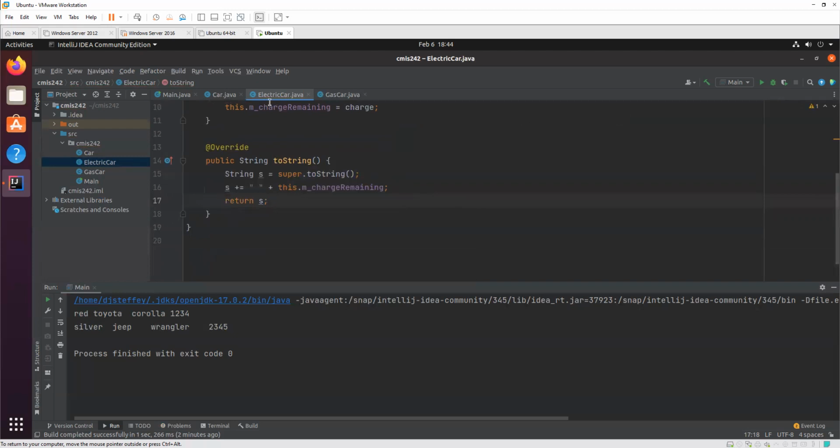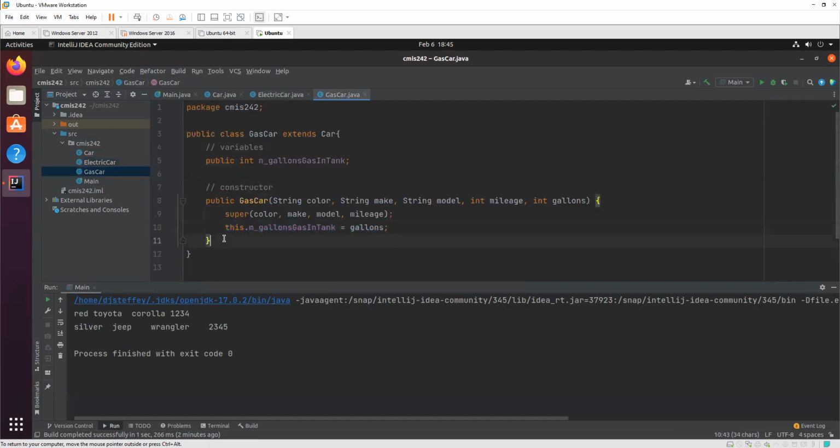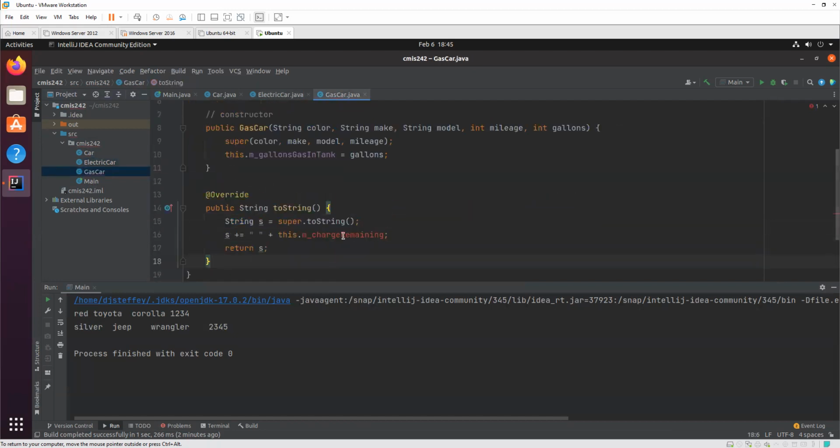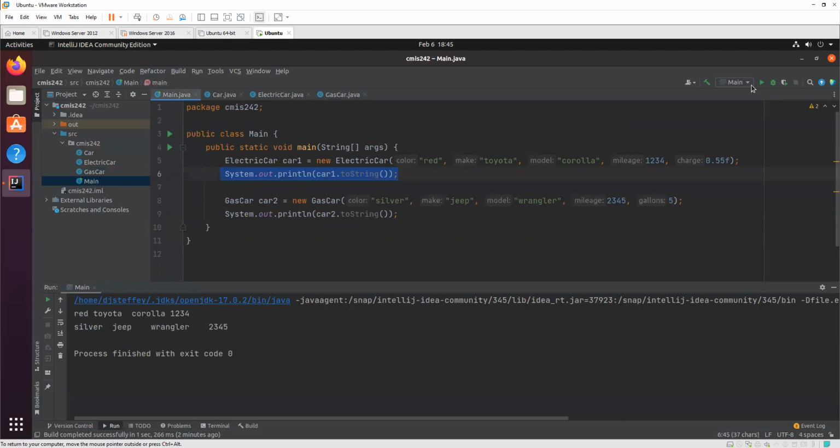So what we did, the electric car has its own toString. We're getting the string from the super class. The super class is car. We're going to add on to that string the charge remaining, and then we're going to return that string. Let's do the same thing for the gas car, almost the same thing, but instead of charge remaining, it's the gallons. So now whenever we run the program,